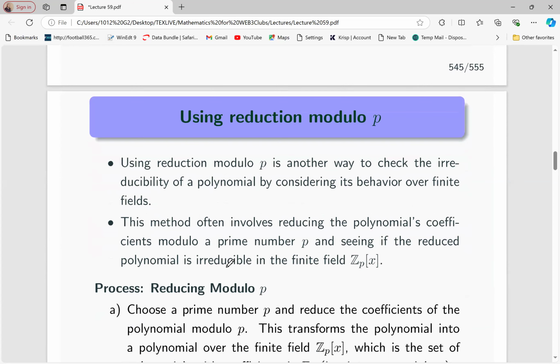So this other test is using reduction modulo P. Using reduction mod P. This is this other test. Now, what this one means is this: you're given a polynomial, and once